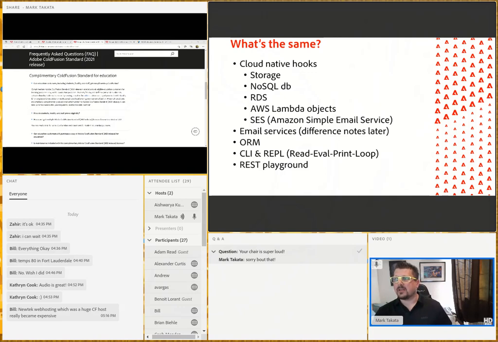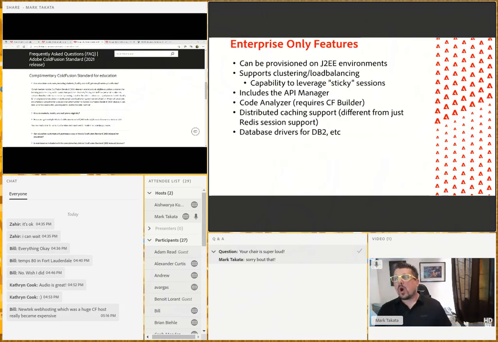All right. So what do you get with enterprise that you don't get on standard? This isn't a super long list necessarily, but these are pretty critical, important things. And I'm just going to go down the line here. So the first one